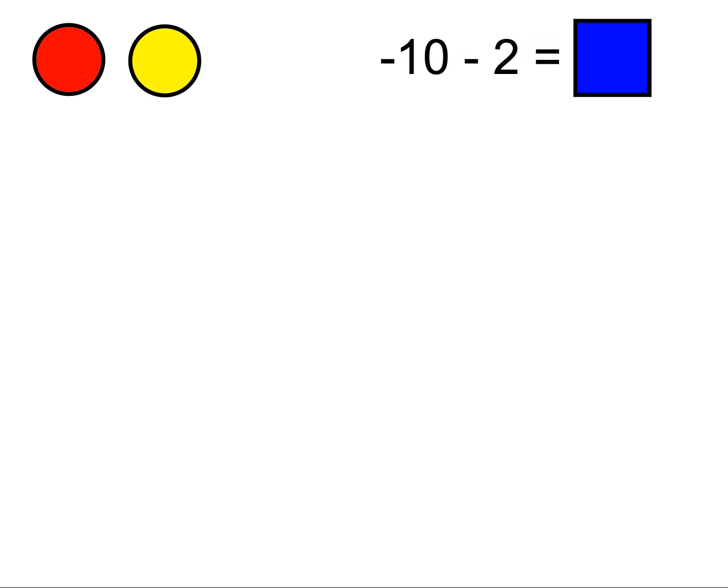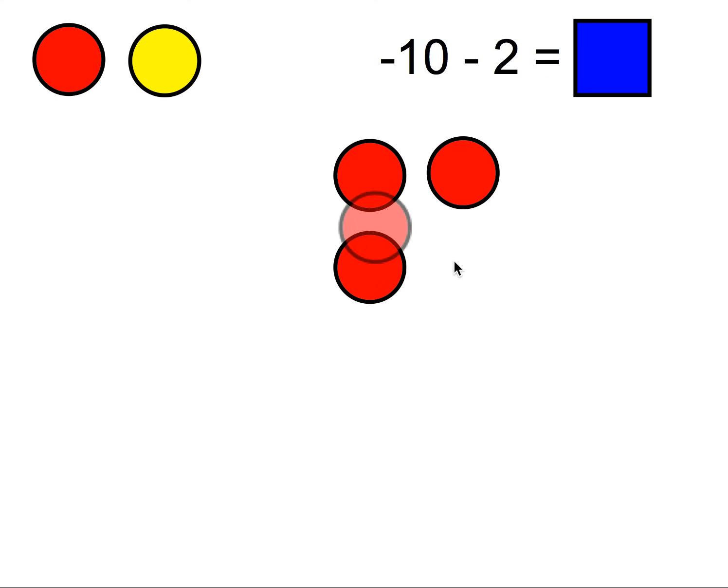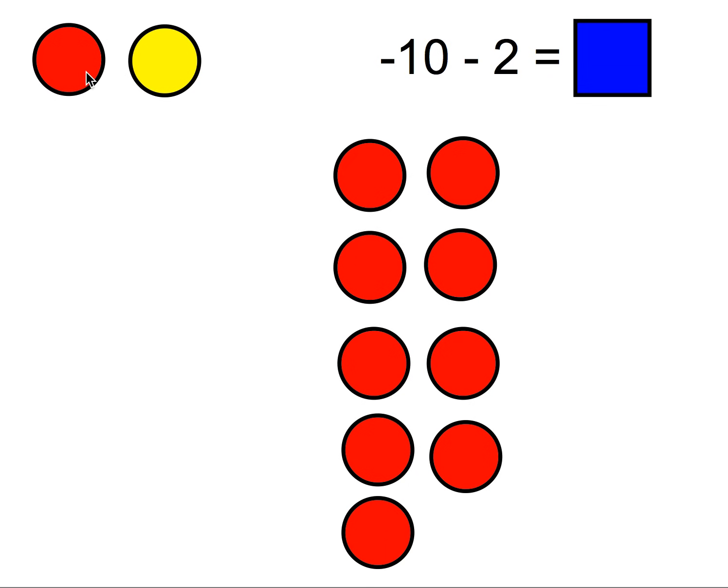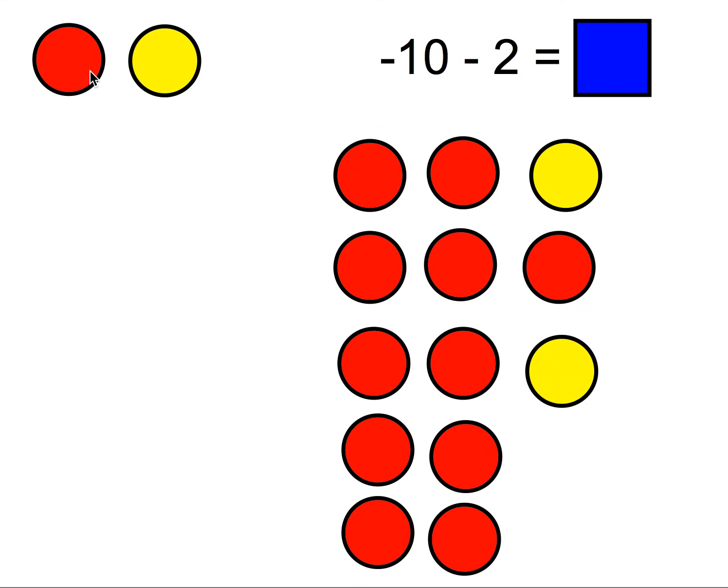One more example. What if I have negative 10 minus 2? So I'm going to start with negative 10 counters, so 10 red counters. And I want to be able to remove 2, positive 2. Well, there's no yellow counters there to remove at all. So that means I need to get 2 yellow counters on there by adding 2 0 pairs. There's 1 0 pair. There's 2 0 pairs. So what's on the board is still negative 10, but now I'm able to remove 2,